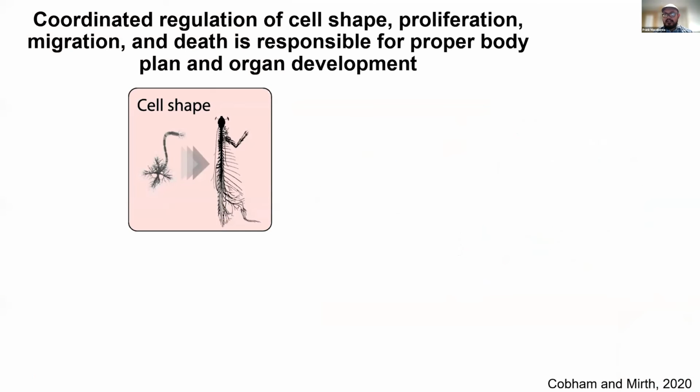So as developmental biologists, I think all of us could appreciate that in organ development or in the formation of higher order biological structures, in order to acquire a very specific shape, there's this coordinated regulation of several different parameters, one of which is specialized cells undergoing cell shape changes to allow for specific functions. For instance, you've got neurons who are able to innervate distant tissues.